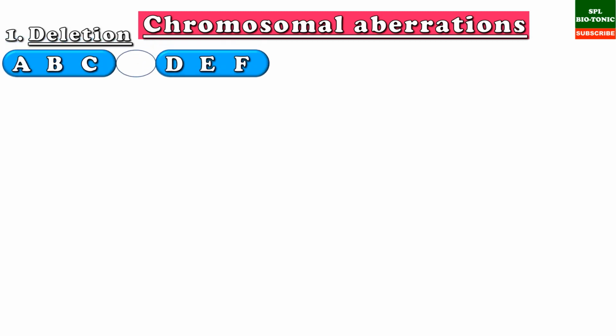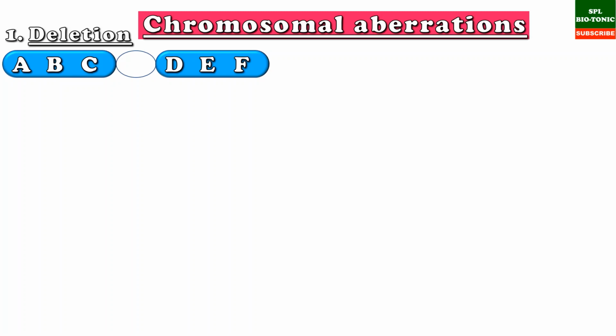Students, the last aspect in genetic variation is chromosomal aberration. It means the structural and morphological changes which occur in chromosomes. It alters the sequence of the gene, which results in variation and that leads to evolution. Now, the following are types of chromosomal aberration. The first is deletion. In deletion, a segment of the DNA or chromosome is deleted.